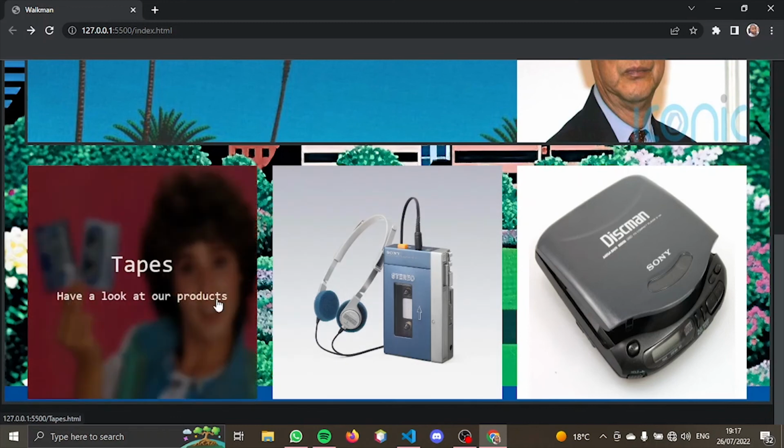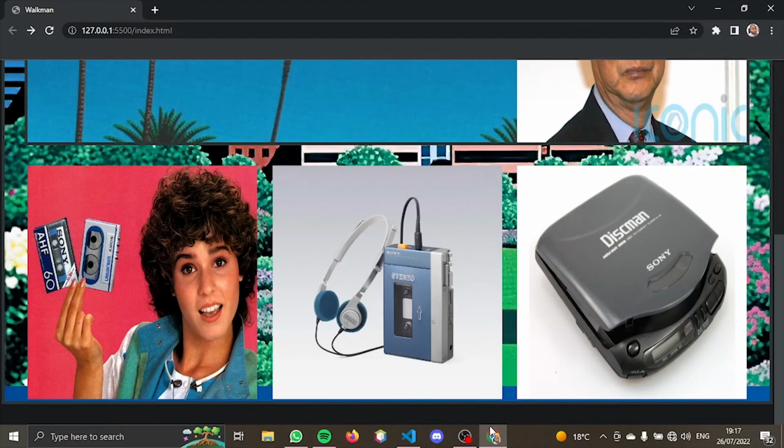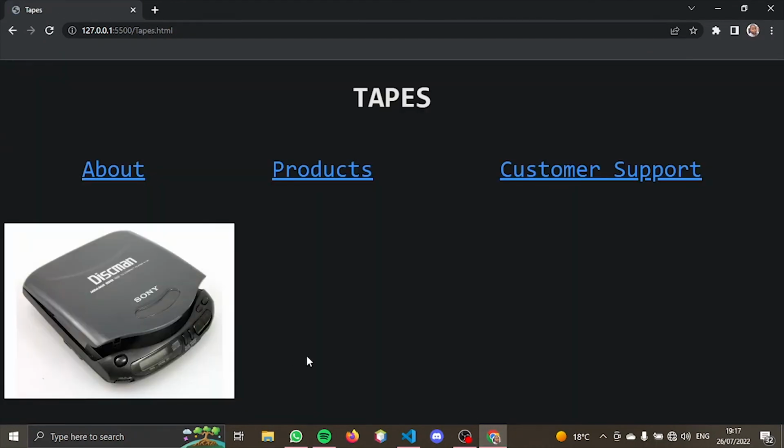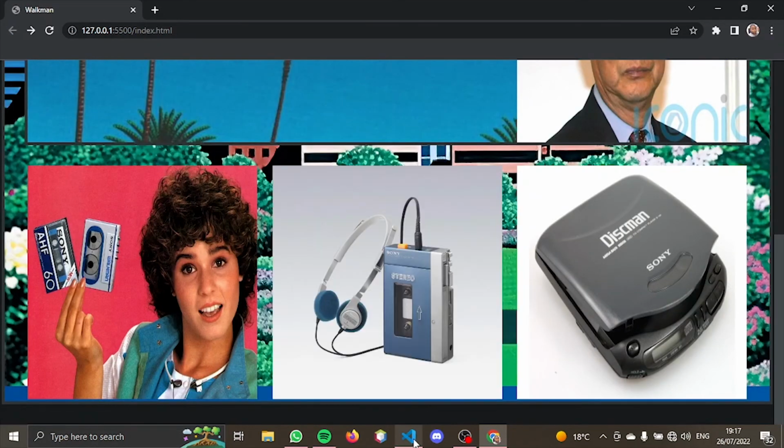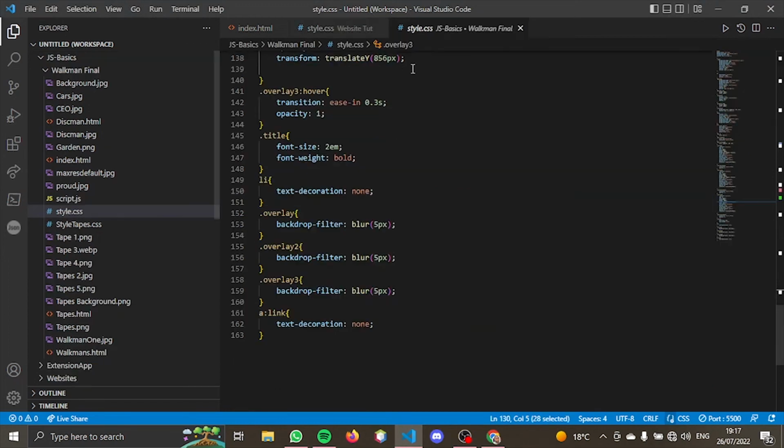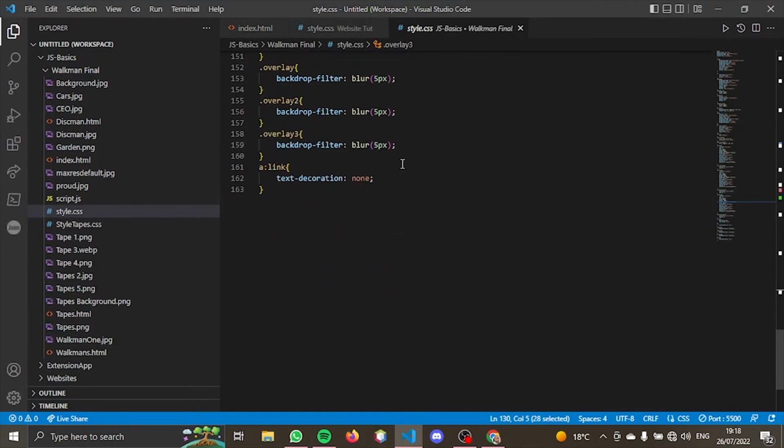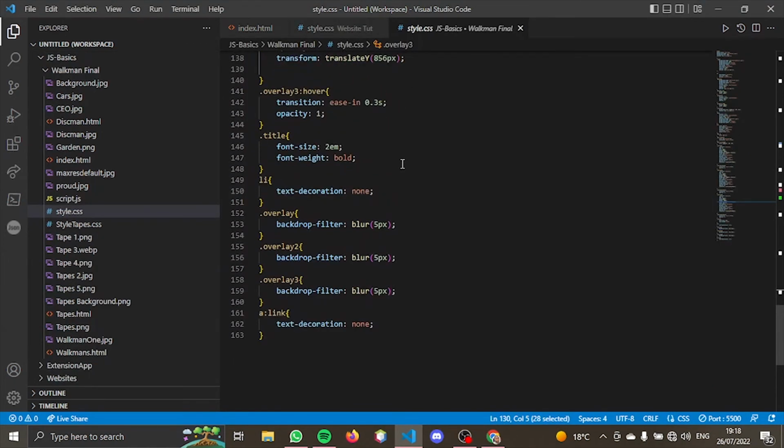You can either make it fade in like this, or there's another way that I did with this one where it fades in from the bottom. I'll just do that one quick for anybody who's interested. I think I did that by doing